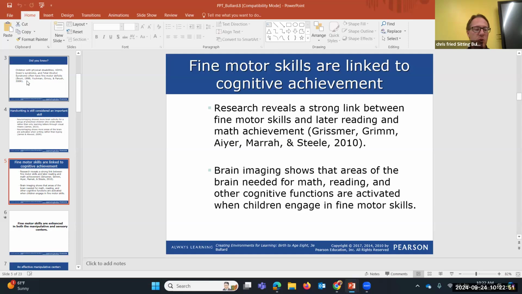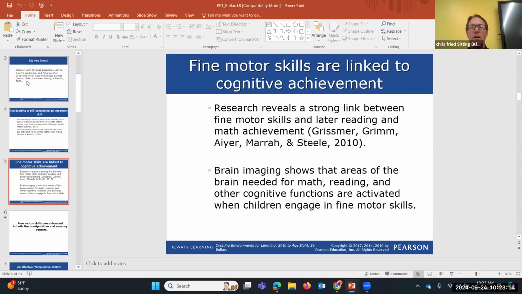And since these skills appear to be strongly linked throughout childhood to improve further reading and math performance, we may want to not only work on cognitive skills, but also enhance fine motor skills in the early childhood classroom.